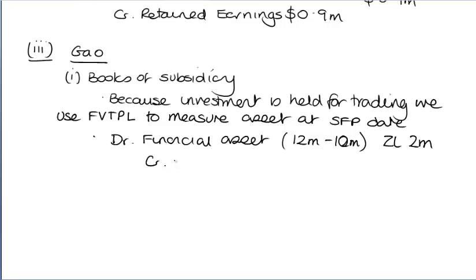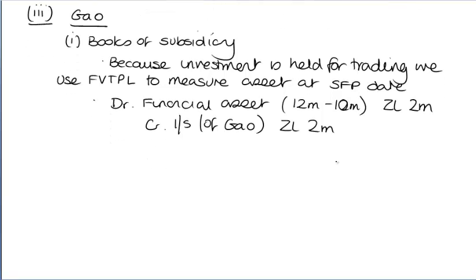And I'm going to credit the income statement of GAO with that 2 million zloty gain as well. So I'm breaking the question down, as always, into components, and then we've got the group accounts